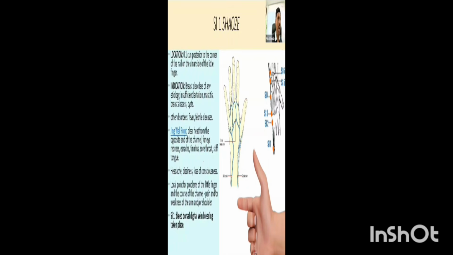Because excess energy is there, excess energy needs to be drained out by using the point known as the sun point, the second point known as the grand sun point, or the depletion point, or the decreasing of that energy, depleting that essence in the small intestine. So once that energy is depleted, then obviously you think about the small intestine meridian.